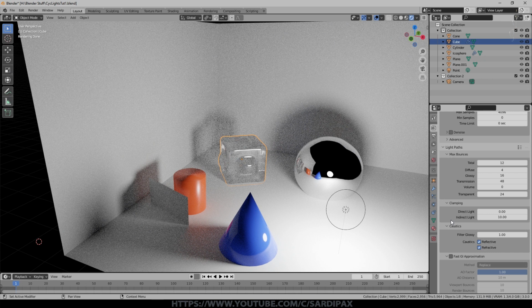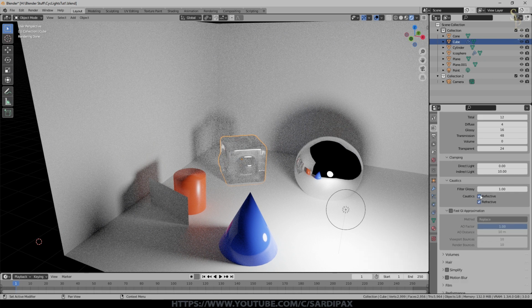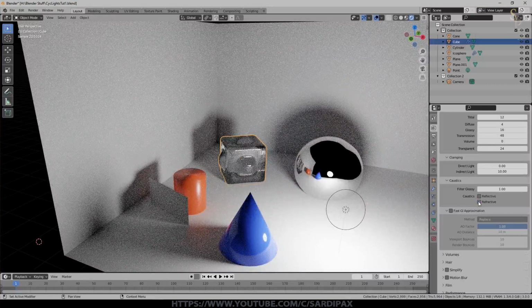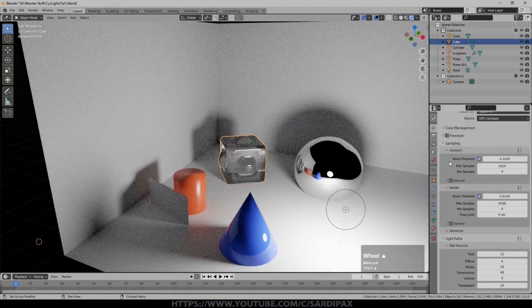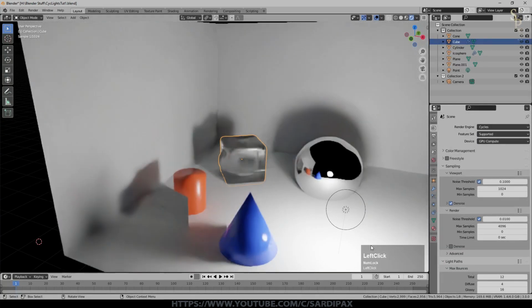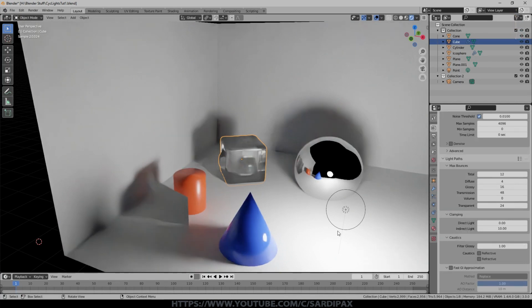So the summary of all that is only have these turned on if you really feel you need them. I mean, you can try turning them on and off, but it will generally reduce the amount of noise in your scene and also make it render a lot faster if you turn them off. You can see how quickly that's going up now. So that's 1000 samples, which is pretty impressive. Obviously, you can still use denoising and things like that. I'll just quickly turn the viewport denoise on there, and you can see it's almost a cartoon of the scene that it was at first. It will generally do some successive improvement of that as it does more samples.